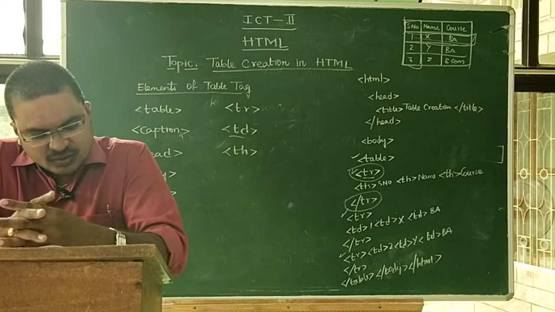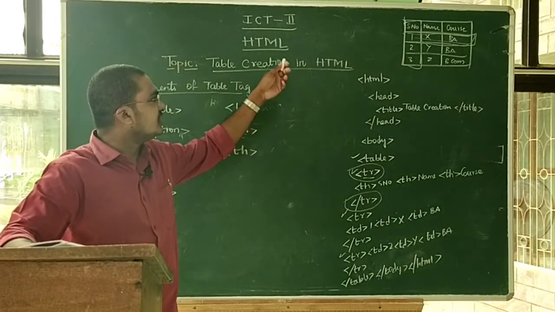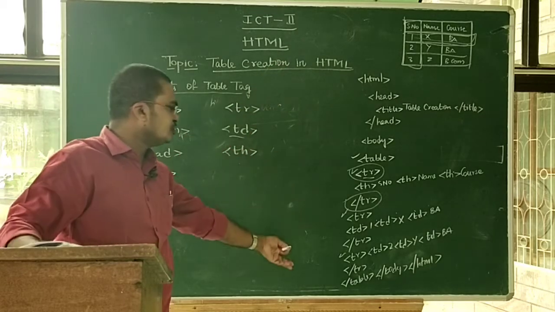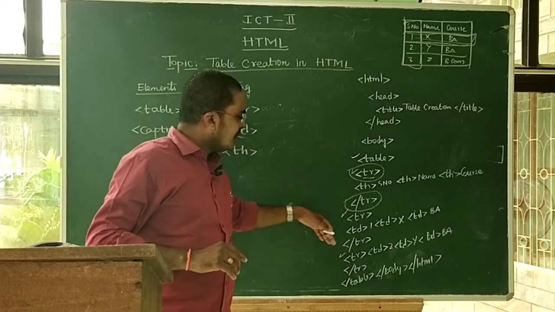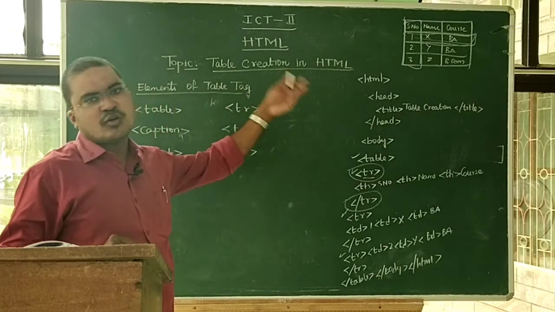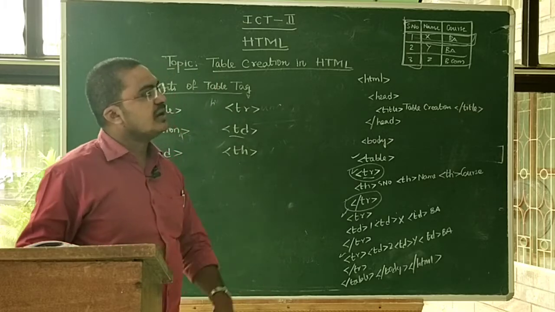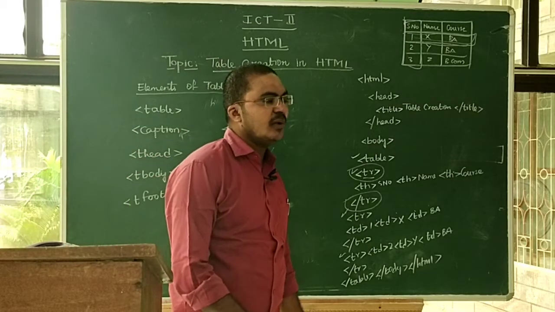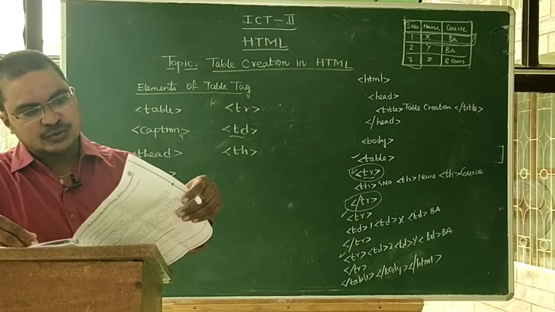So table head contains the header data in bold face and table data is in normal face. This creates a table with 3 columns and 2 rows only, because there was not much space, that's why I created it this way. But we can create any number of rows and any number of columns in the table. This is the way to create a table in the HTML programming language. Now the session will continue.